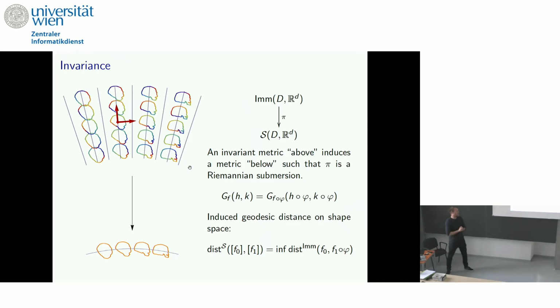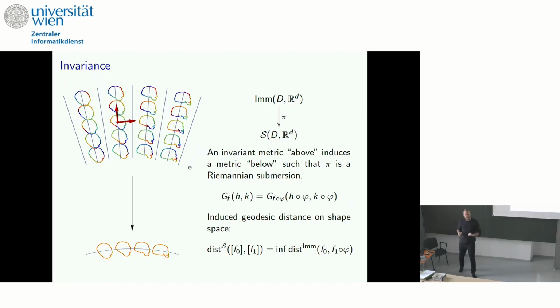Okay, so the image that I like to keep in my head for this is this nice quotient bundle construction. On the top, we have the shape space, where on each fiber, we only change the parameterization of my object. But if we move from one fiber to the other fiber, we change the shape of my object. And if we want to go to shape space, the shape space is this quotient space on the bottom, where we have factored out the action of the reparametrization group.